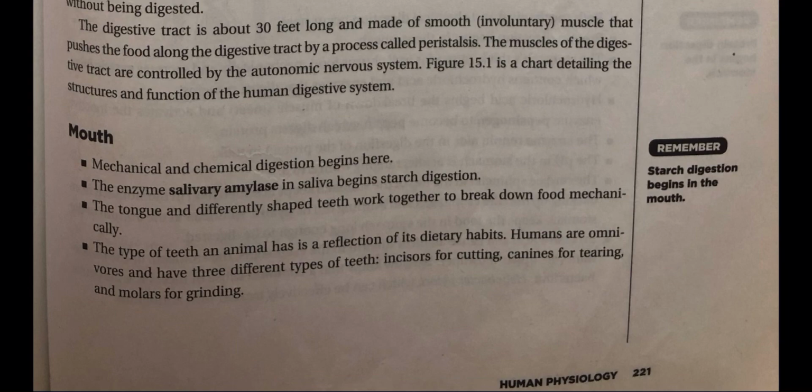Which enzyme is inside the mouth? Salivary amylase. In saliva, it begins starch digestion. So, inside the mouth, which type of digestion? Mechanical and chemical. Mechanical by grinding, chemical by an enzyme called salivary amylase. Okay, salivary amylase, will it digest proteins or starch or lipids? No, starch only. The tongue and differently shaped teeth work together in the mechanical